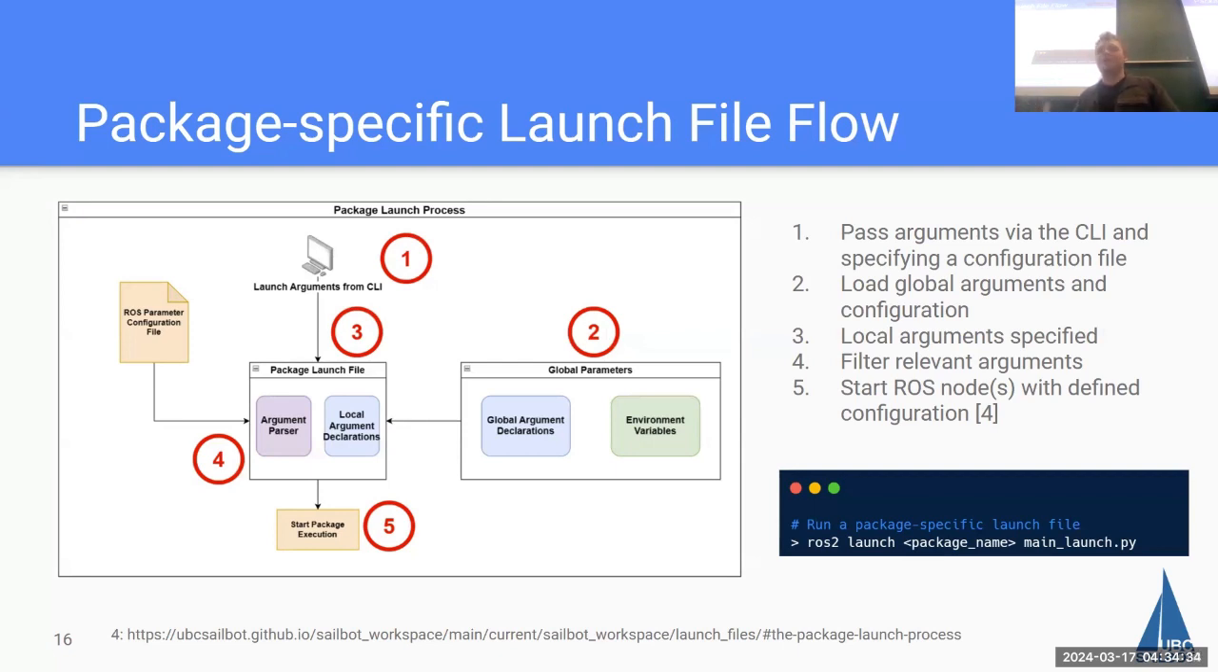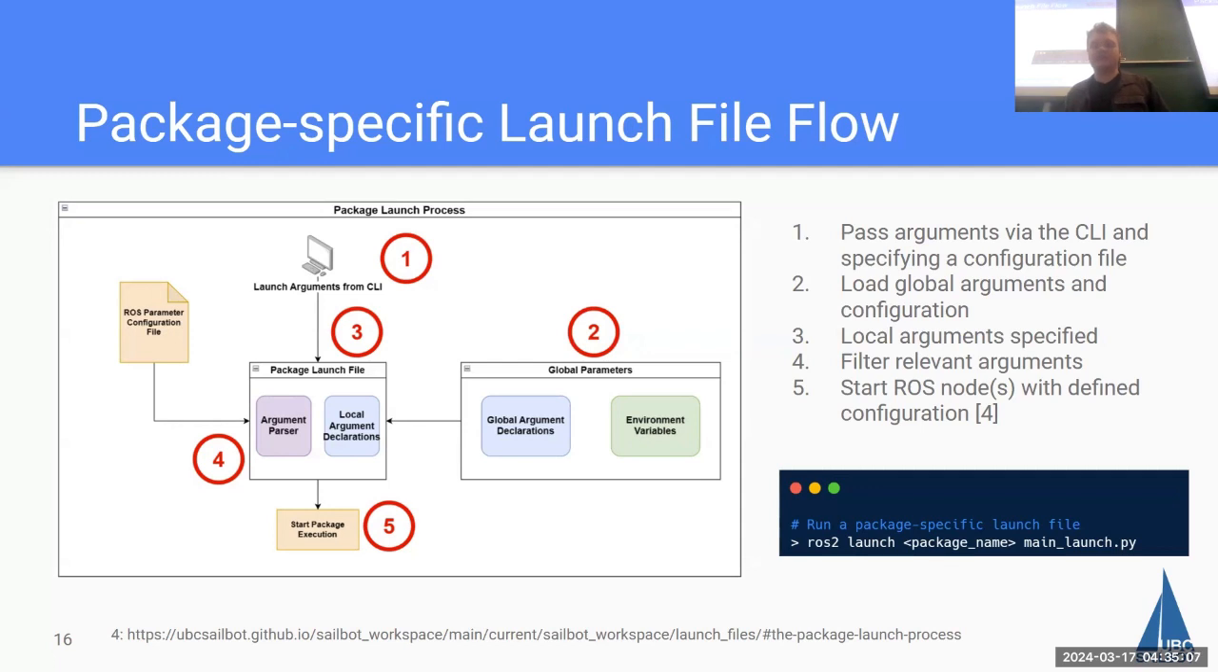But if we want to run the package-specific launch file by itself, we need to know what those global arguments are. So the next step is to go to the global launch file and say, okay, give me your arguments and give me your environment variables. So we take the CLI arguments and those parameters, and in addition to the global arguments, we also parse the local arguments, because some package-specific launch files will use their own arguments that are not available to other